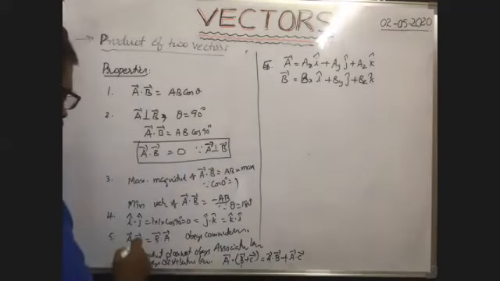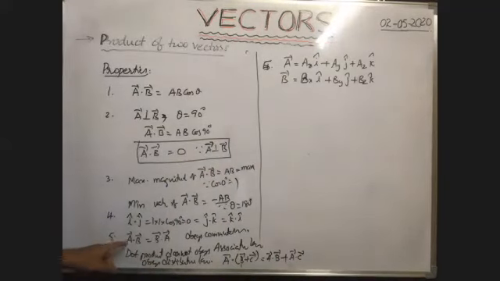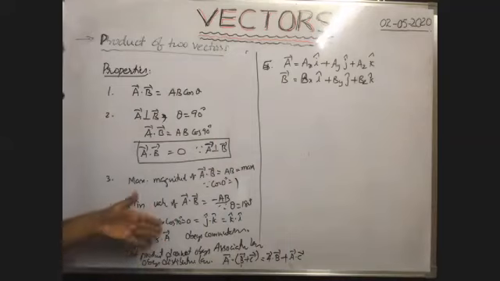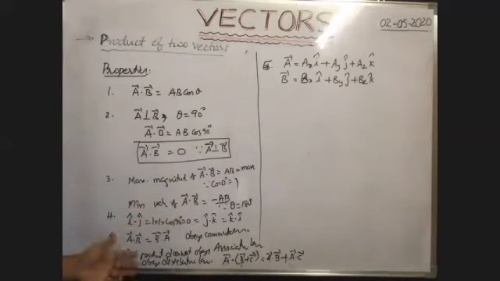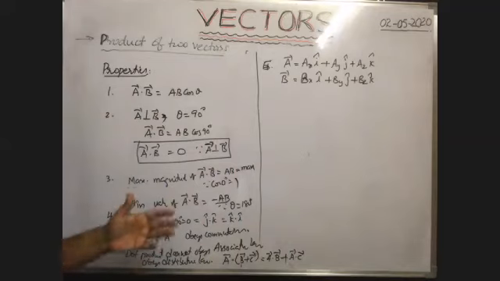Explain 5. Okay. Here, if you do the dot product of a bar and b bar or b bar and a bar, the value is same. That means if you reverse the order of the dot product, it makes no difference. Then if it is so, that is called that it obeys commutative law. Okay. But dot product does not obey associative law.